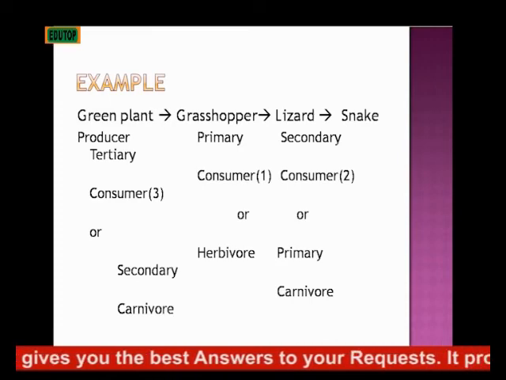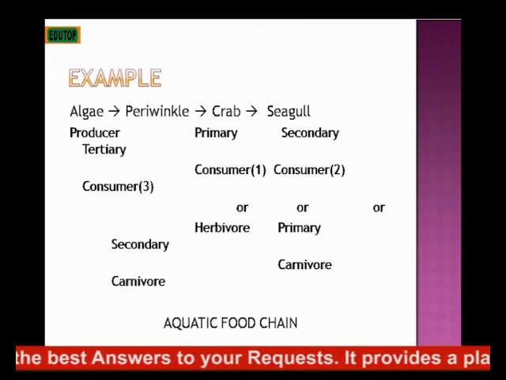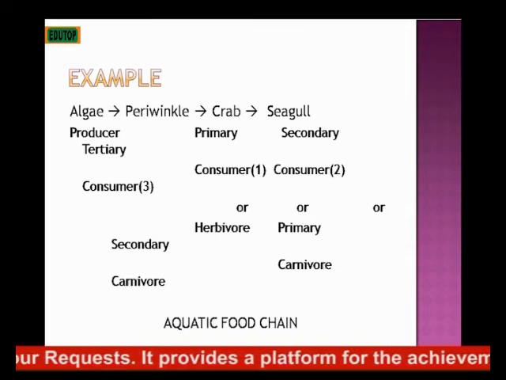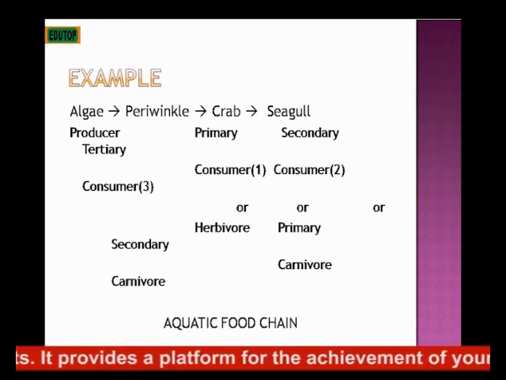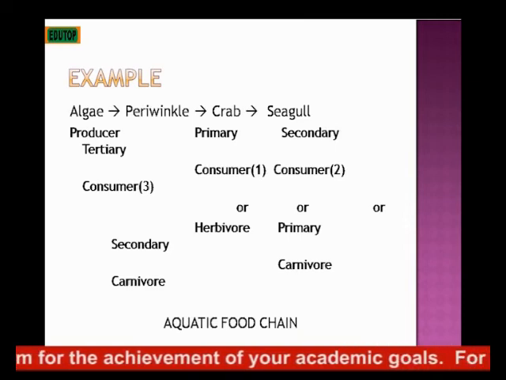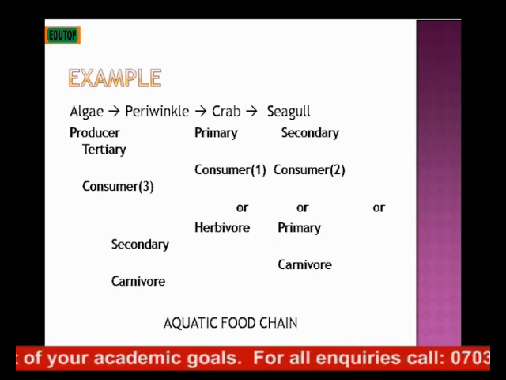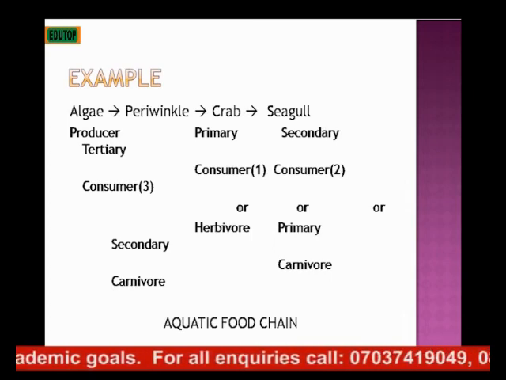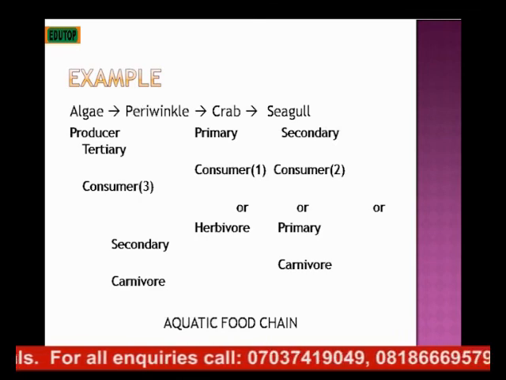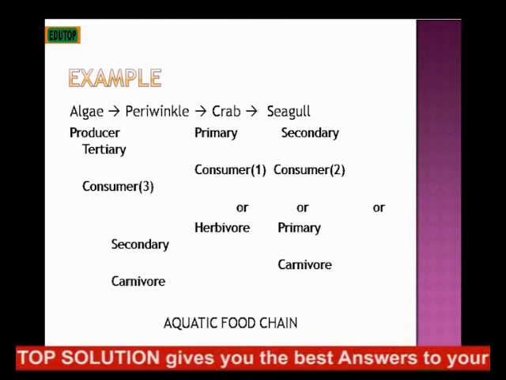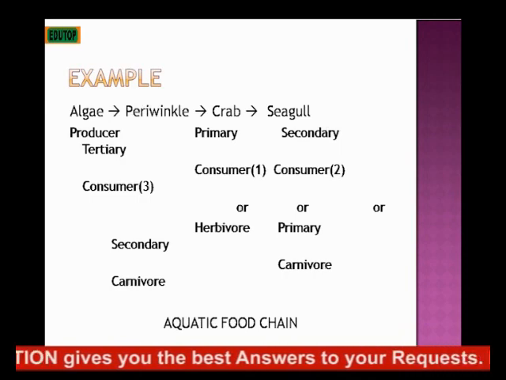Look at this other example. This is an example of an aquatic food chain. That is the food chain you find in water bodies. You have the algae at the producer level, and it's also at the energy level. Then you have periwinkle. The periwinkle is the primary consumer or the herbivore because it eats a plant. Then you have the crab. The crab is the secondary consumer or the primary carnivore. Then the seagull, which is the last on that chain, is the tertiary consumer or the secondary carnivore. So this is a typical example of